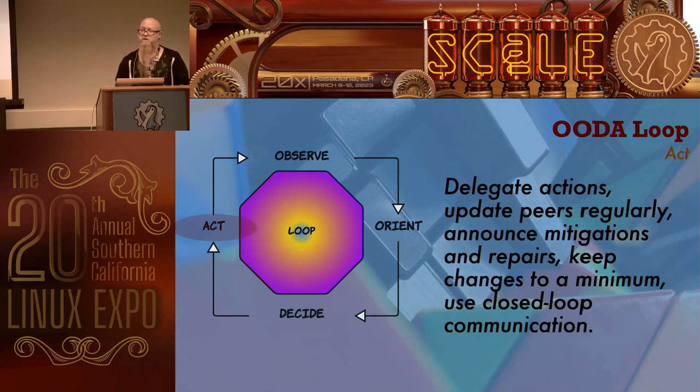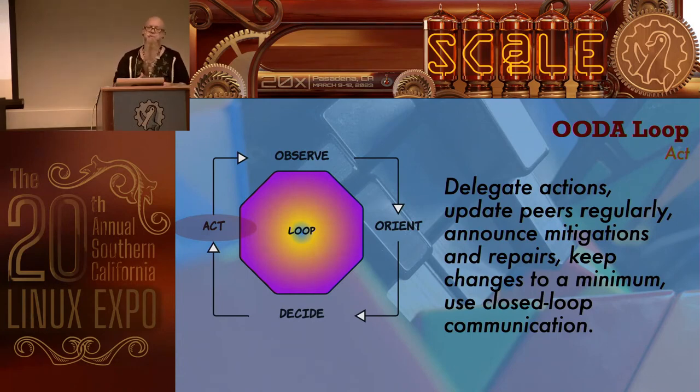When you make your decision and you're ready to act, this is where you're delegating the actions and you're updating each other. You go away, you do a mitigation, and you come back. And keep those mitigations simple, by the way. Don't tell 5 people to go do 5 mitigations and we'll see which one works. That's not what you want to do. You want to do things one at a time. Keep repairs simple so that when you make a repair, you don't have other repairs that may have fixed it, but which one of these fixed it? Well, I'm not really sure. Maybe we should have done one at a time.